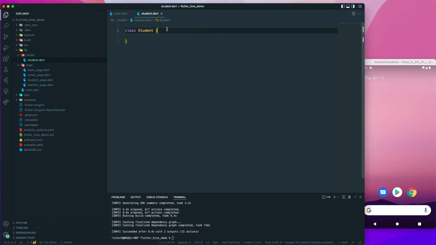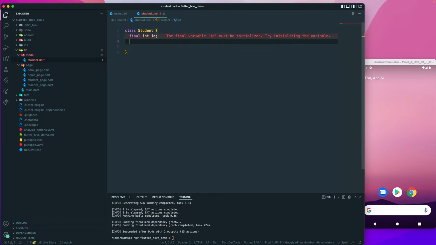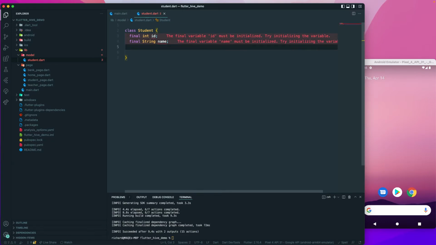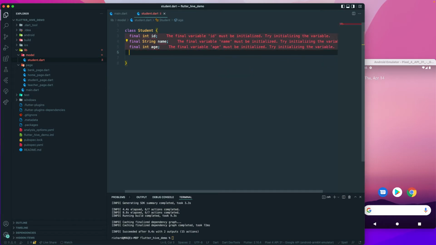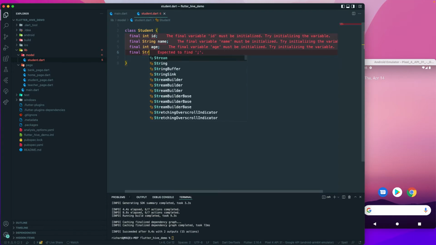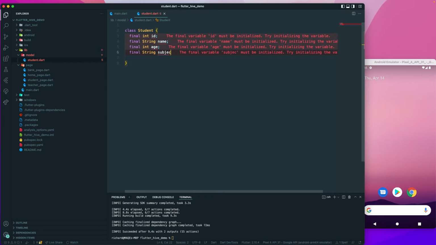So first of all, let's just add some class fields over here, and for that I will add a final int, I'll just say id, and also a final string, let's call it name. So student has an id and a name, and let's have another final int, I'll just keep it as age, and a final string, so let's also have a subject. So let's say we have four fields over here,